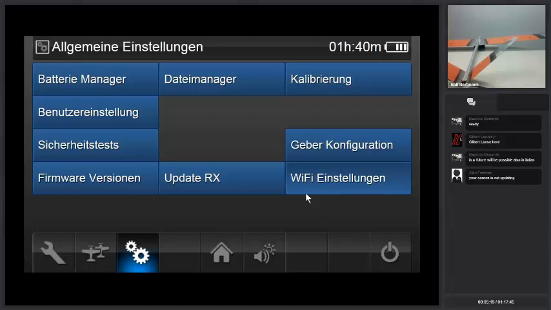And that's the procedure to connect the radio with any Wi-Fi network around, and any device which is in the network can access the radio now via the internet browser. So where you usually tap